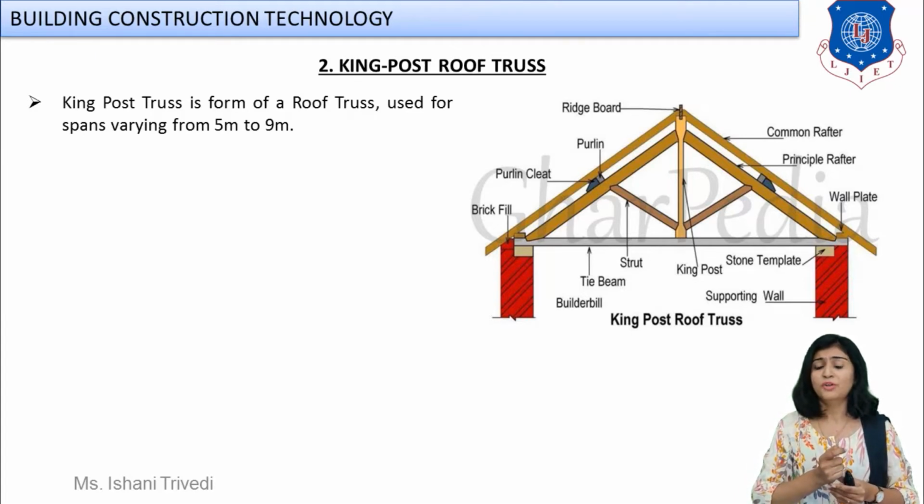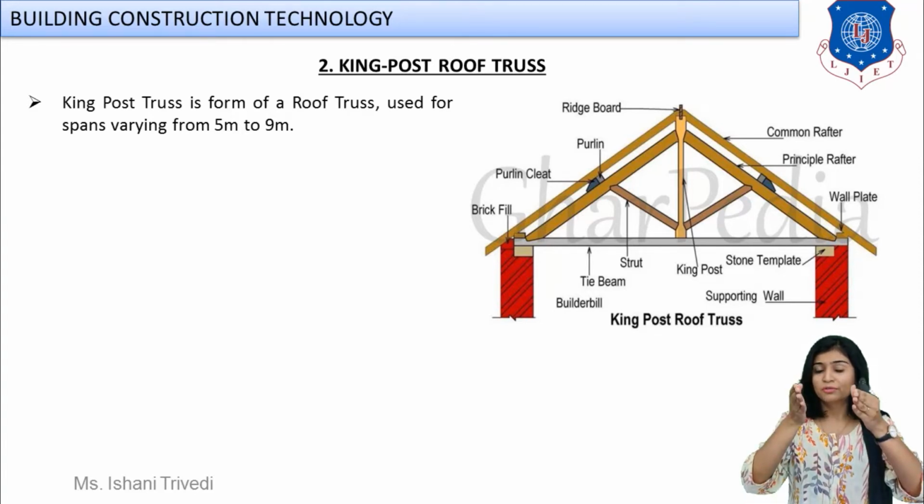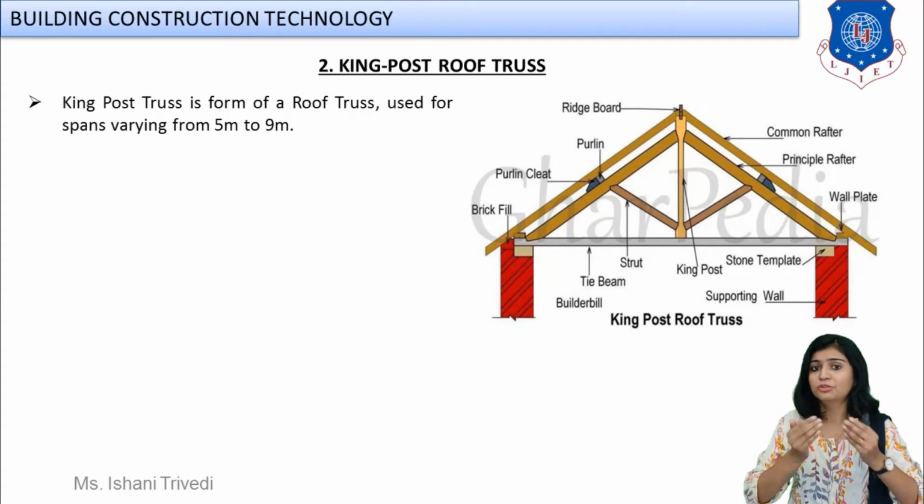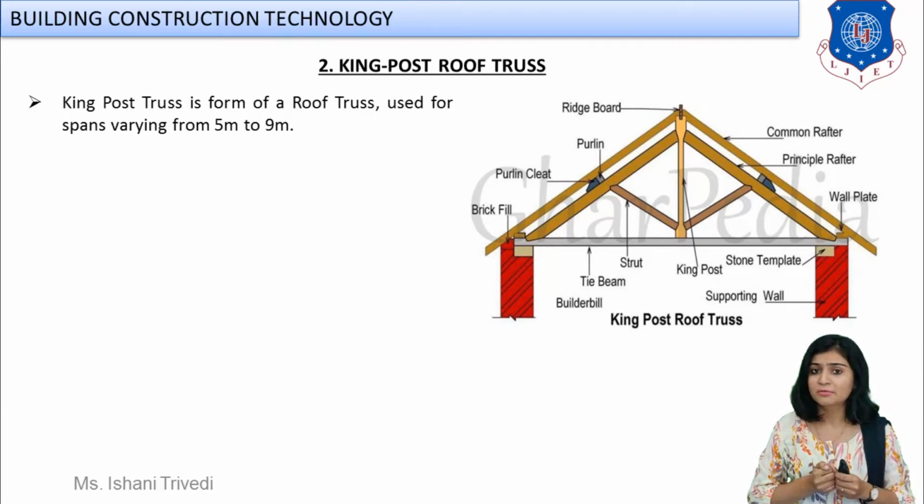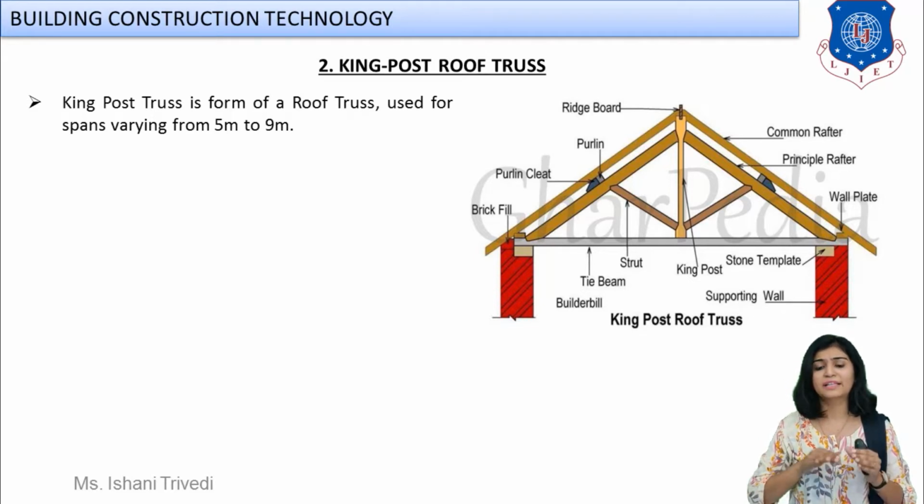Now, what do we have next? We have the wall plate. Can you spot the wall plate? Yes, it is flashing on the right side, right? So, why are wall plates provided? You know that, right? Wall plates are provided to fix the rafters. A board is also provided over there and then it is fixed with the walls. Yes, that is correct. Now, what else can we see? We have the brick fill, okay. We have the supporting wall. So I think all of the components are included.